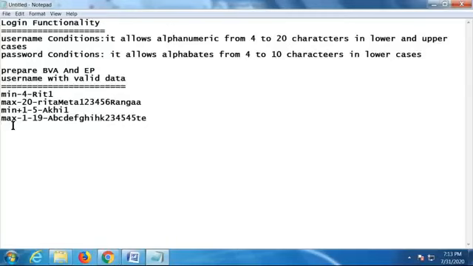So is any other valid data required? Any other validation combination you want to prepare? Another combination? No, right? We met all the valid combinations. The same way we have to prepare